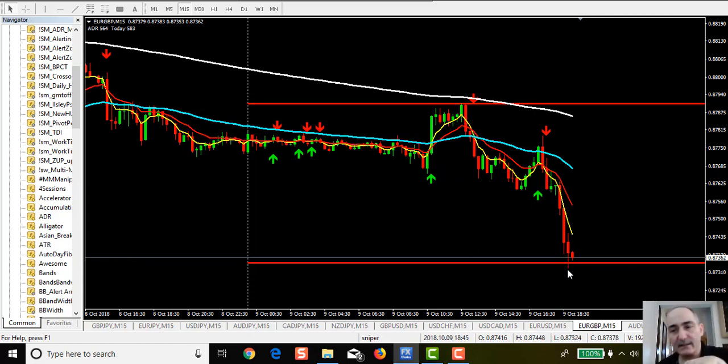Now, we don't pay any attention to these arrows, these crosses, until the average daily range has been met. Now we want to wait to see if this 5-day will cross the 13-day on the way up. The problem right now is it's already past 12 p.m., so we would only have till 1 p.m. in order to take this trade, because we can't take any new trades from 1 p.m. to 5 p.m. Eastern time